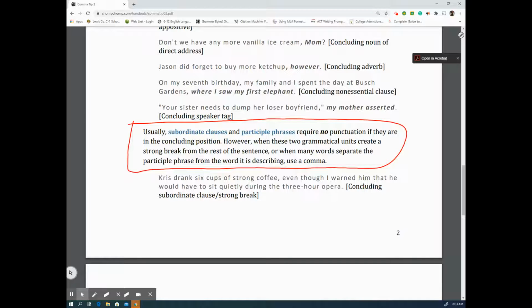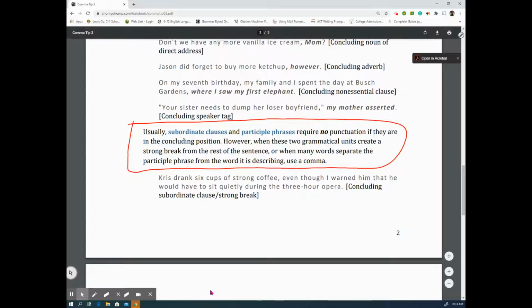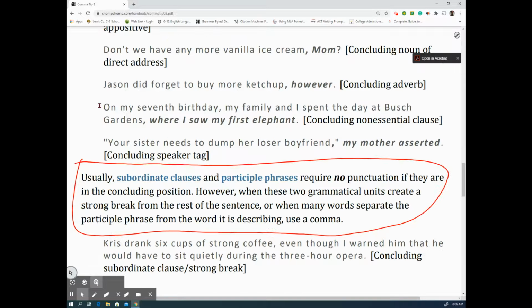Usually, subordinate clauses and participle phrases require no punctuation if they are in the concluding position. However, when these two grammatical units create a strong break from the rest of the sentence, or when many words separate the participle phrase from the word it's describing, use a comma. Okay, so like I said, usually subordinate clauses and participle phrases require no punctuation if they're in the concluding